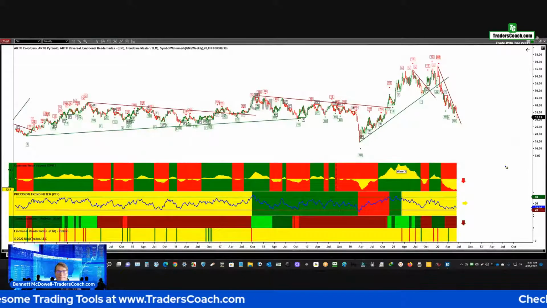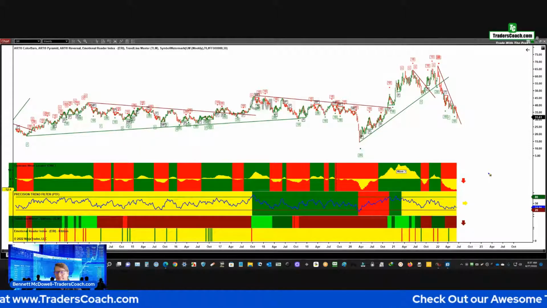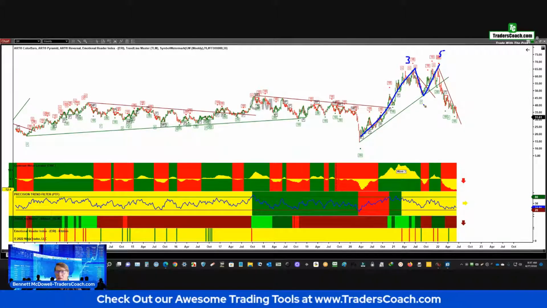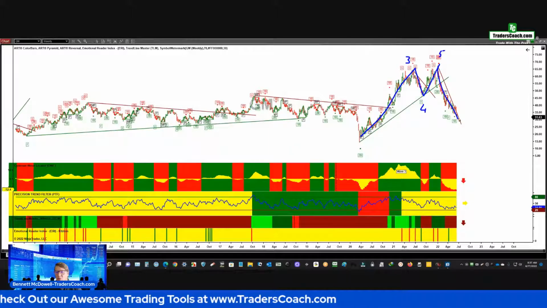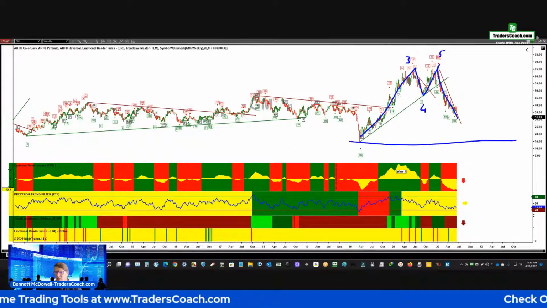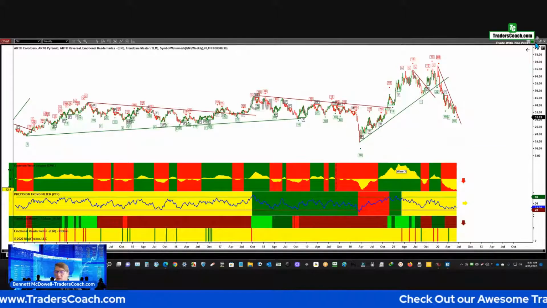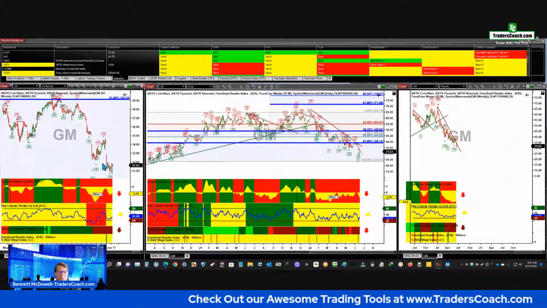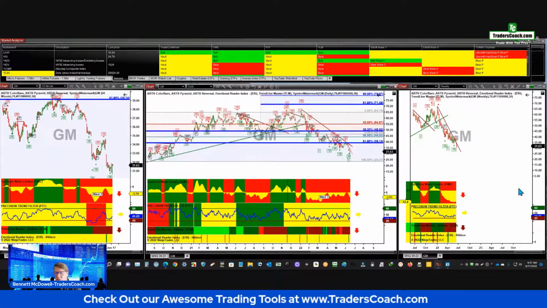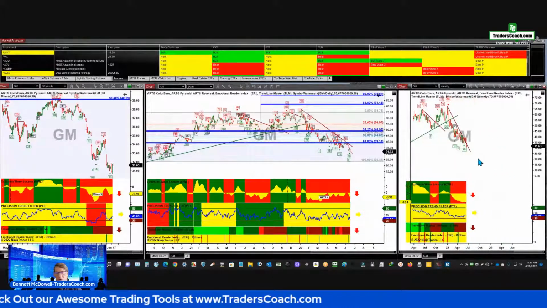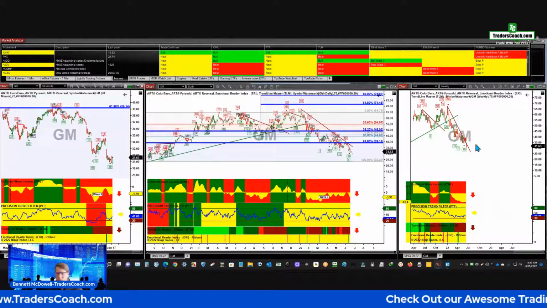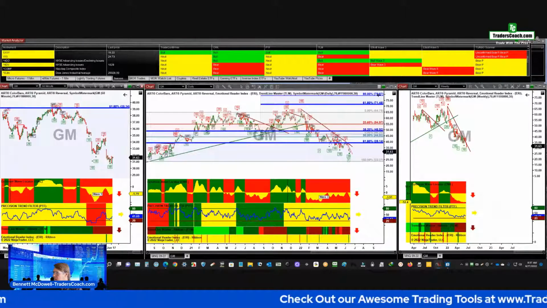What do you think? Kind of messy, right? Maybe 3, 4, 5, and now we are at this point in a new movement to the downside. Maybe we'll test the bottom here at some point. So again, no go on this one to the long side. It's still coming down. It's too late to go short, I think, at this point. If you want to go short, wait for a rebound and see how the charts look then. But this I would put off to the side.